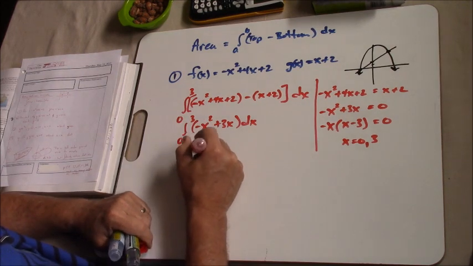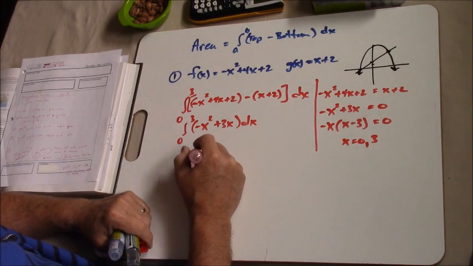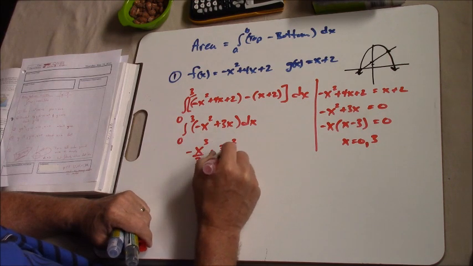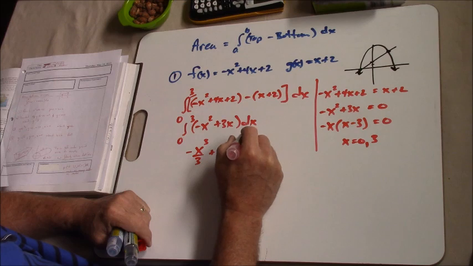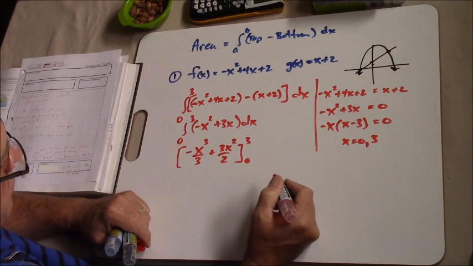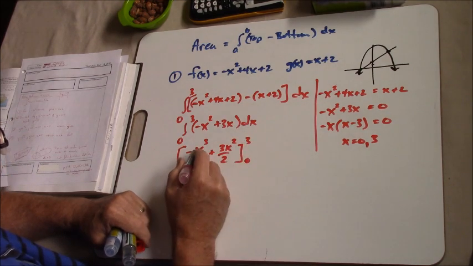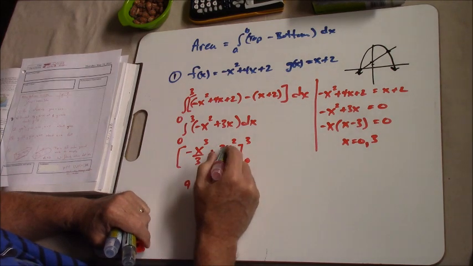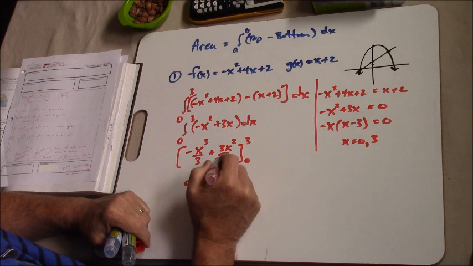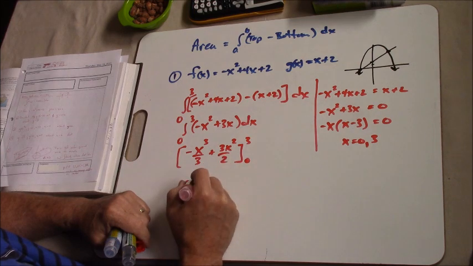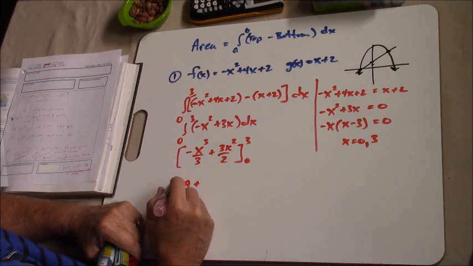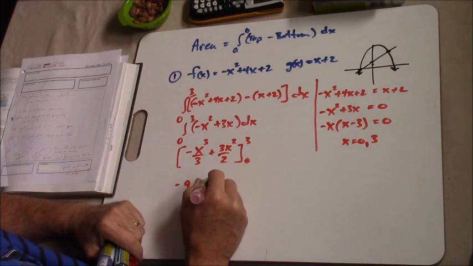That means I have a negative x to the third over 3 plus 3x squared over 2, and I'm going to evaluate that from 0 to 3. So if I plug in a 3 first, I get 27 divided by 3, that's 9. Here I get 9 times 3, that's 27 divided by 2, that would be 13.5. Oh, this should be a negative 9, right? So 13.5